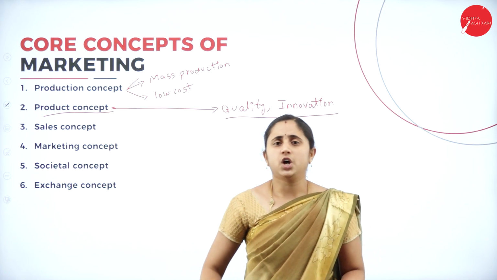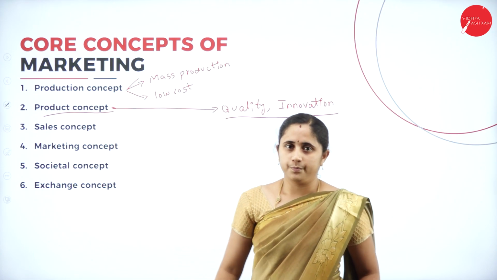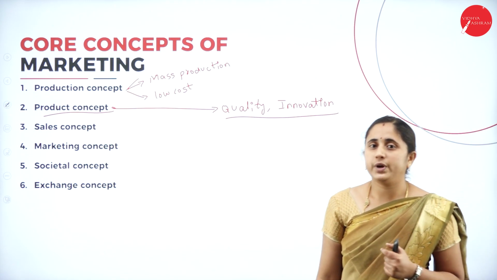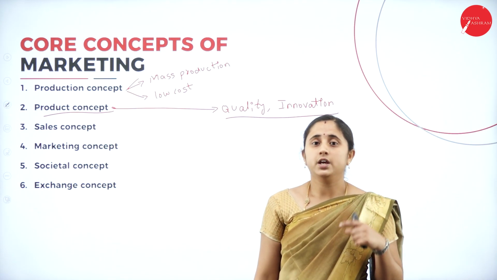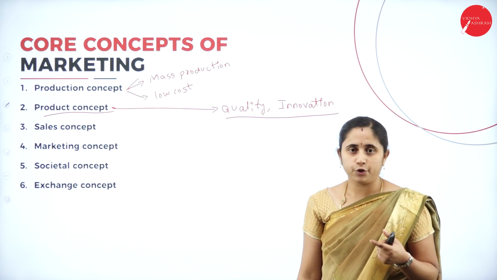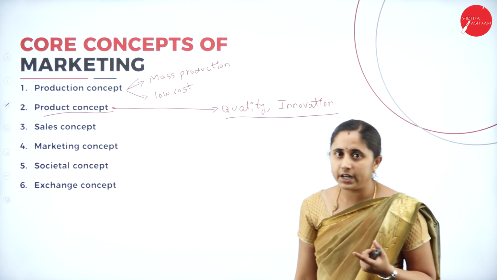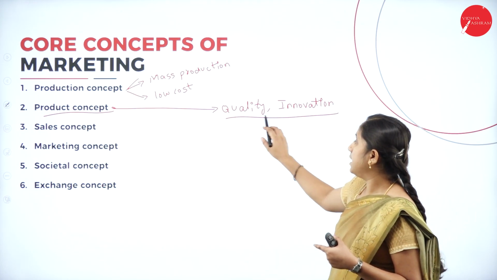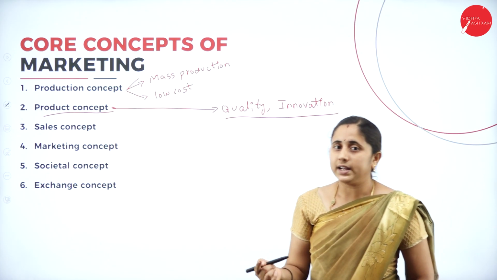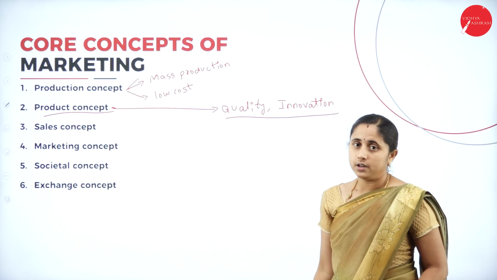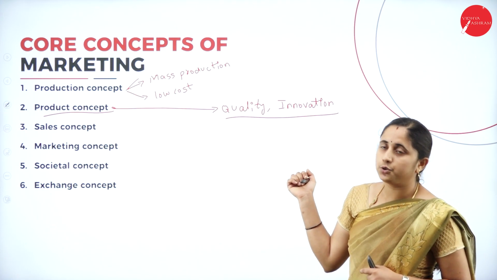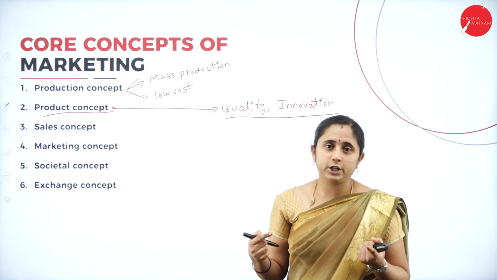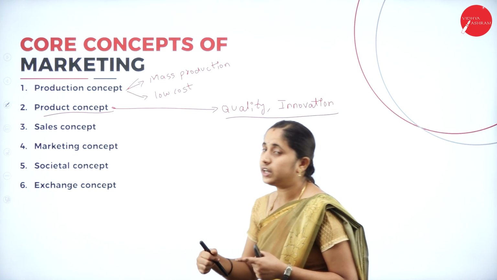For example, you are going to purchase mobile phone. So, when you are going to purchase means you give a preference for innovative product, innovative phones or new featured or updated version of phone. You will prefer to purchase updated version, that is a innovative or new featured product. So, it comes give a preference for quality as well as the innovation. Customer will give a preference for these two rather than the price and the mass production. Rather than the availability of goods and the price of product, they give a preference for